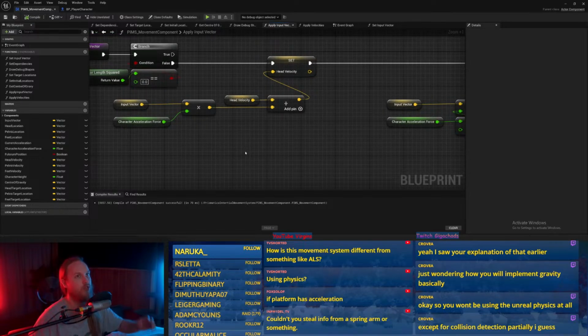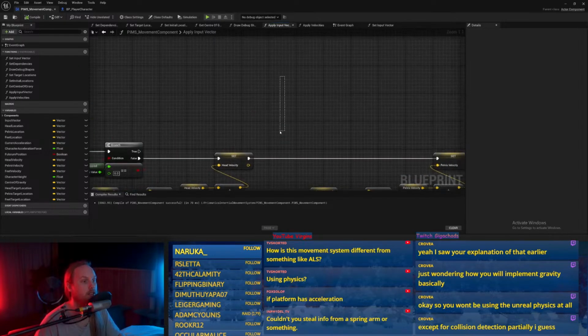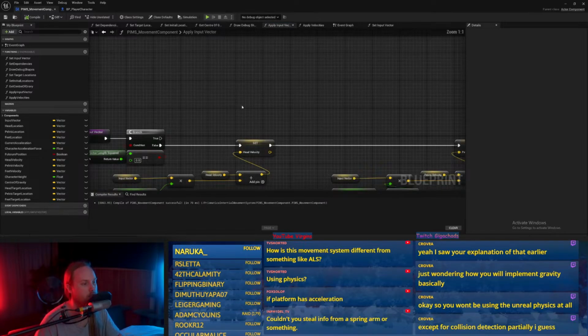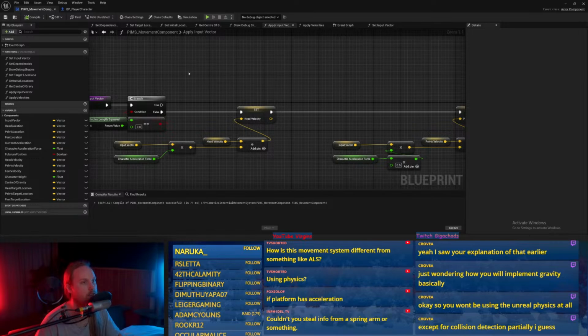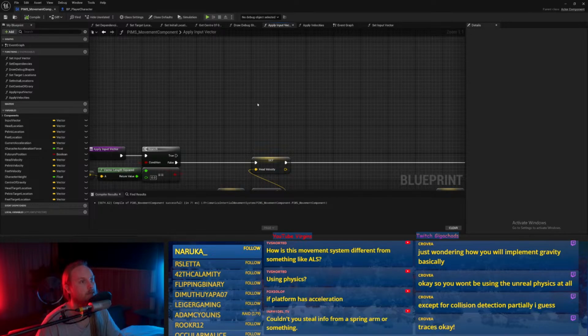The character would try and maintain its position, and the feet will snap up to whatever the trace hits. That's the only thing that I'm using in Unreal, the traces.